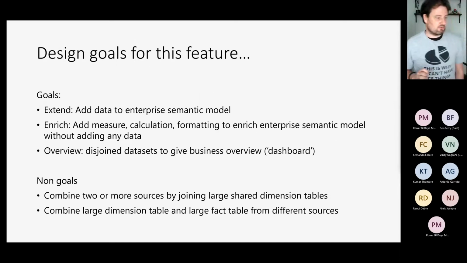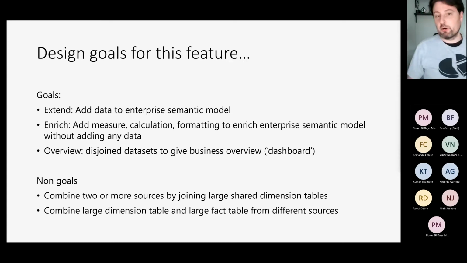So just to give you a couple of ideas of what we had in mind when we designed this feature. We envisioned three big scenarios. First scenario we labeled as extend, which is basically adding data to an enterprise semantic model. When we say enterprise semantic model, we mean an Azure Analysis Services model or a Power BI dataset that somebody creates in some team, and then some end user looks at it and goes, you know what, that's great, but for my analysis, this small piece of data that I have somewhere in this external data set or CSV or an Excel or some smaller database is missing. I'm going to add it, I'm going to relate it, and then I can add the business value that I'm looking for. And that's what we call this extend scenario.